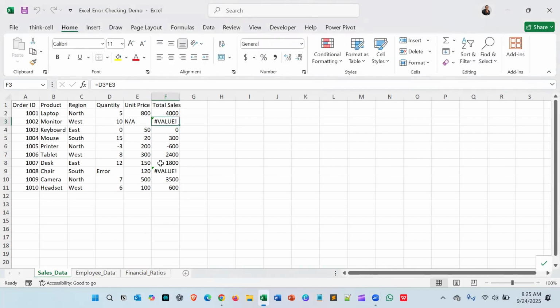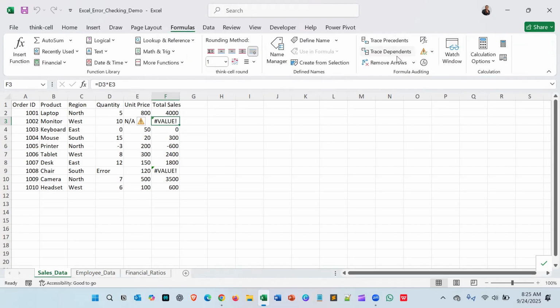So to perform this, you can see I have this data with various calculations, and these two calculations actually possess errors. So I will select one of these errors. Then from my Home tab, I'll be moving to my Formulas tab. Click on this Formulas tab, then come to this Formula Auditing, and you will see this error checking feature. So I will just click on this,